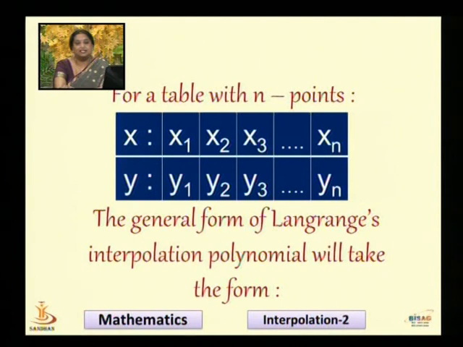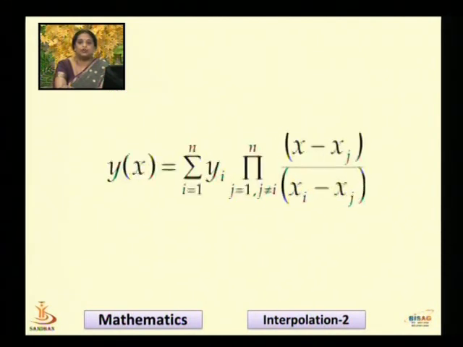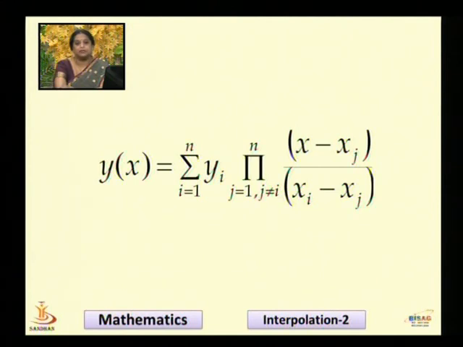In that case, the general form of Lagrangian interpolating polynomial will take the form y of x is equal to summation of yi, where i is equal to 1 to n, product of (x minus xj) upon (xi minus xj), where j is equal to 1 to n and j is